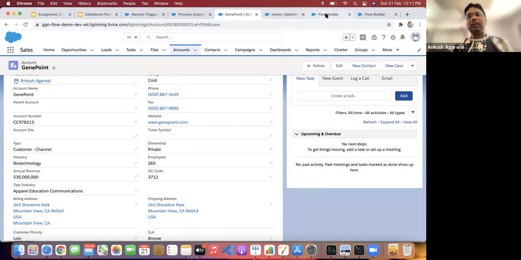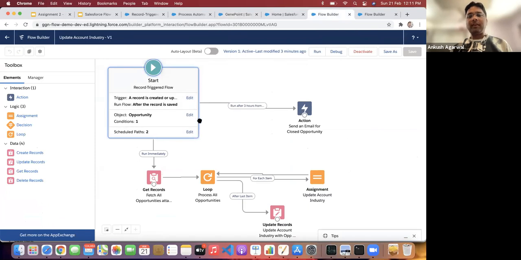Okay, so this way you can perform any operation on any related account or any other related object after the record is saved. At the same time, you can define, for example, if you want to send an email, or update something on a chatter group after some time, or before a specific closing, if you want to intimate someone, that can also be done with this scheduled path.